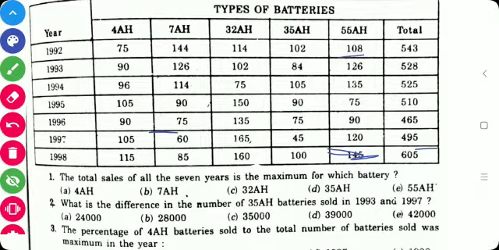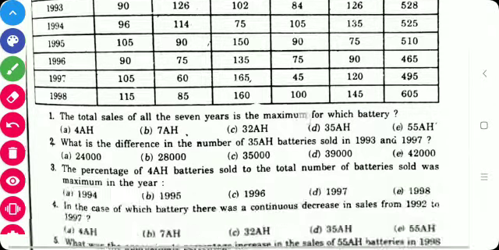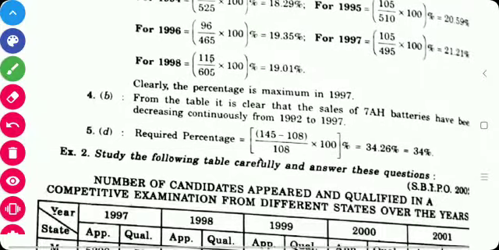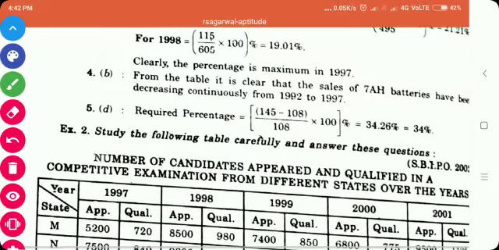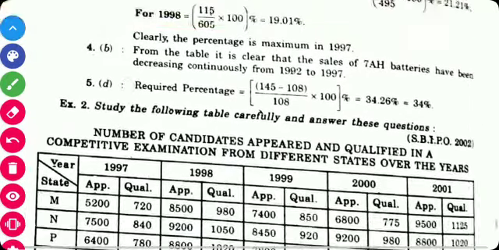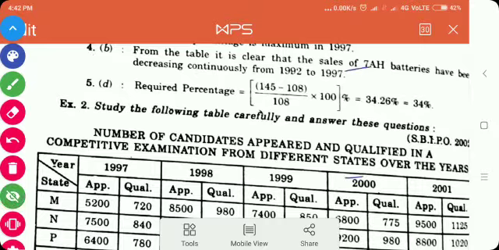So it is 145 minus 108 upon 108 into 100, so it is 34%. Okay, so next table we will see in the next